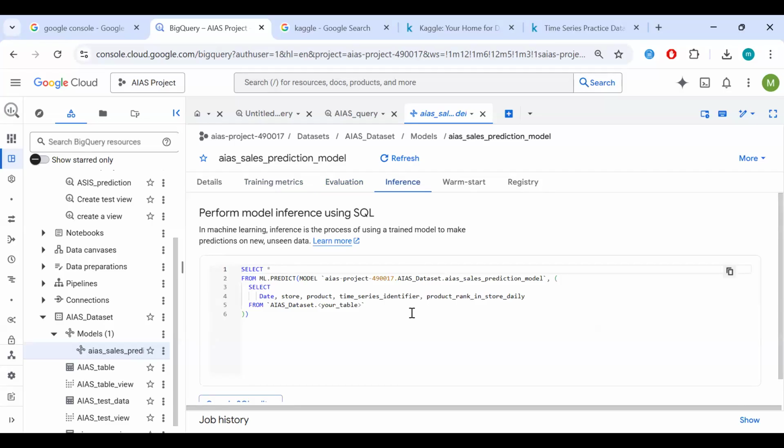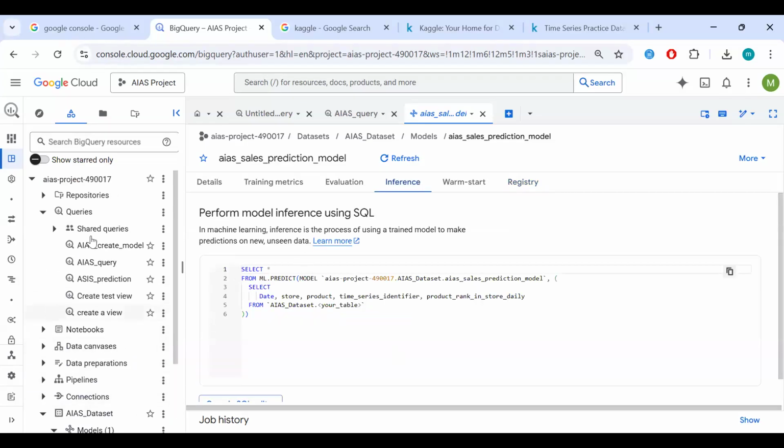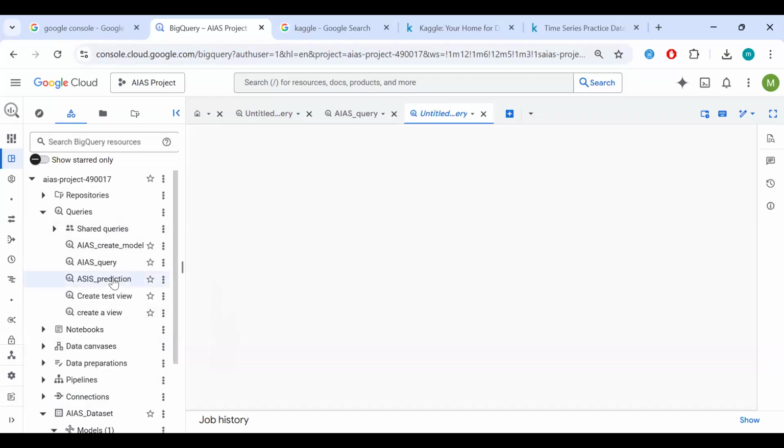Remember when I said we'll split it into training and testing data? Now we'll run our testing data through the model and see if we get the predictions right. We can also look at registering our model. What that is, we'll deploy our model to an endpoint, but we'll look at that when we get to Vertex AI. I've already registered this model. At this stage, let's make a prediction and then we'll come to the registration. Here we're trying to make a prediction, and I've already done the script, so we don't have to start again.